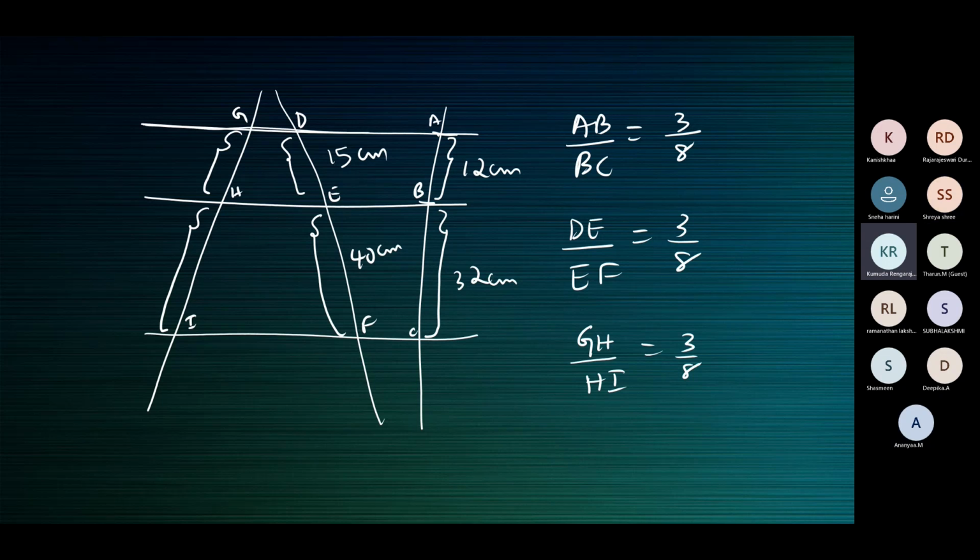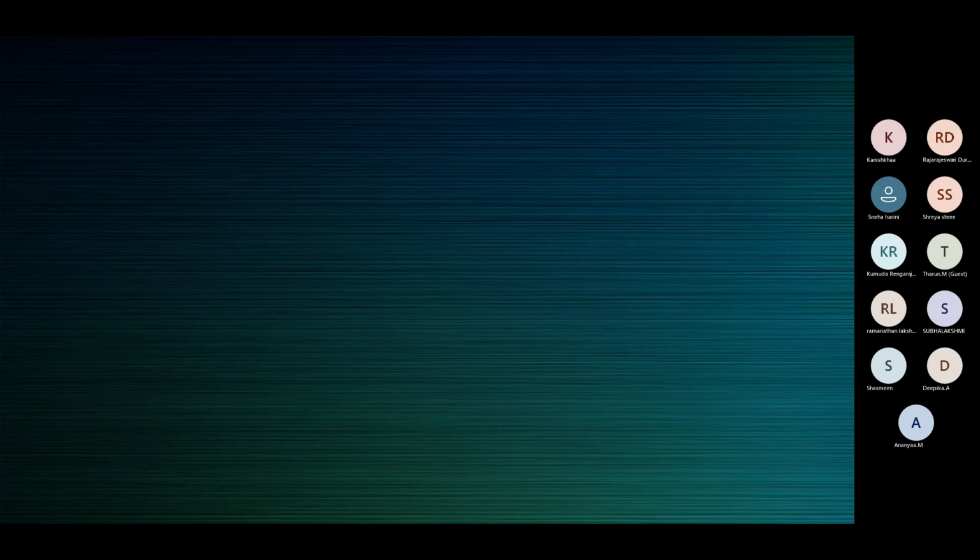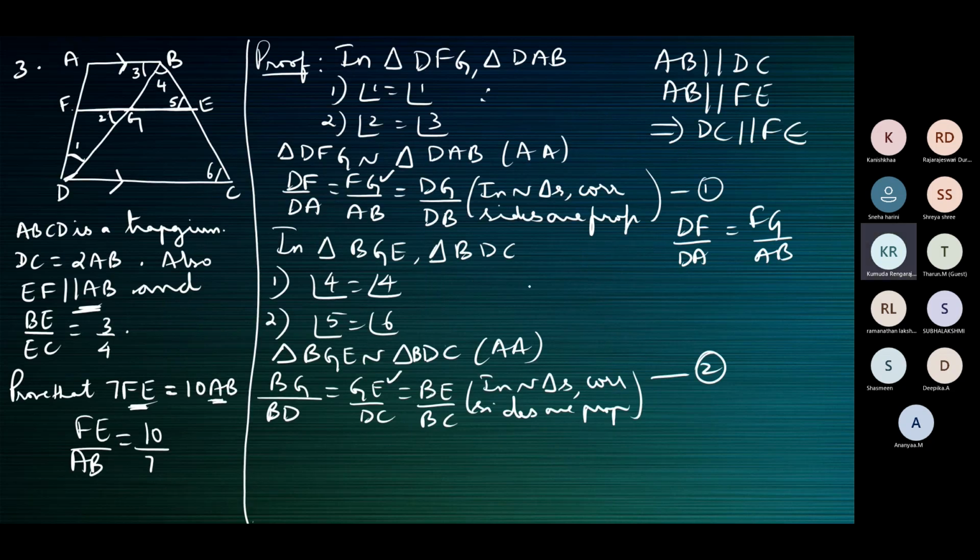So, okay, good. If 3 or more parallel lines are intersected by 2 or more transversals, the ratio of the intercepts on any one transversal will be the same as the ratio of the intercepts on any other transversal. Or the ratio of the intercepts of the transversals will be the same. So using that,